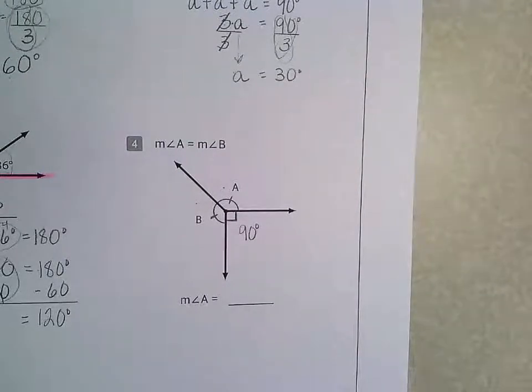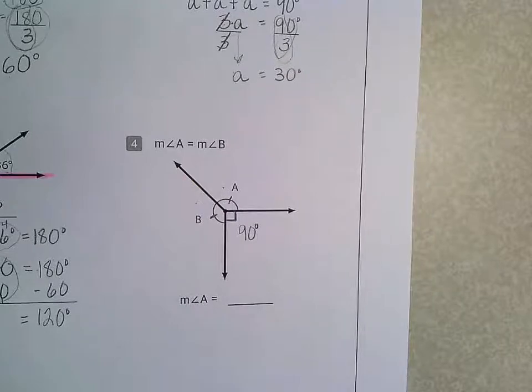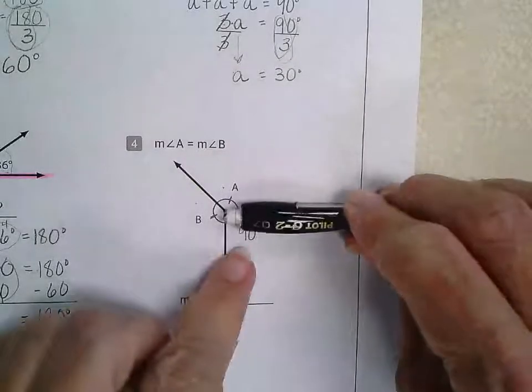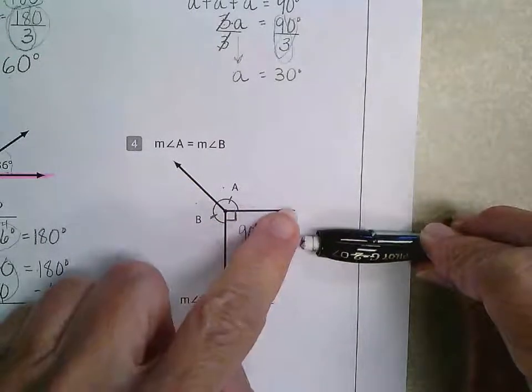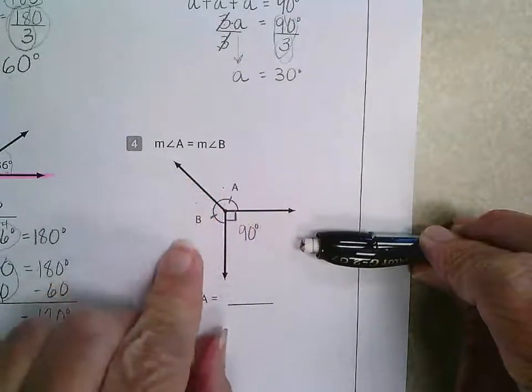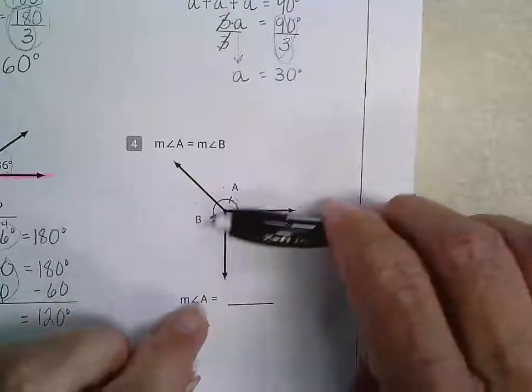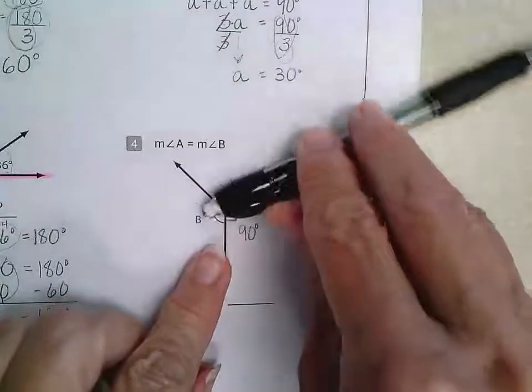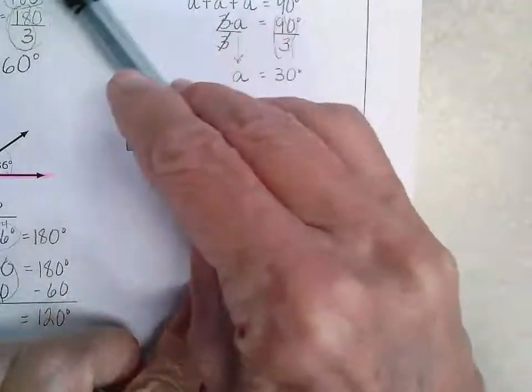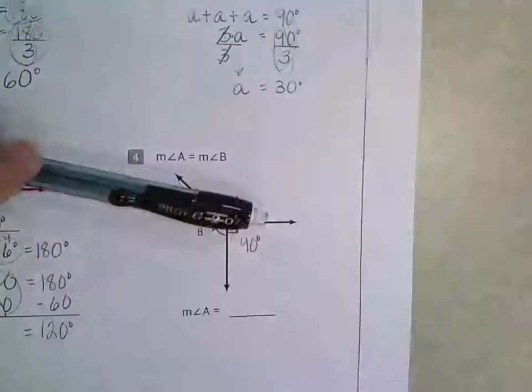Now this one is a little more challenging, but if you think back to the video, it was talking about how if you take this ray and rotate it all the way around back onto itself, the measure that you would get is